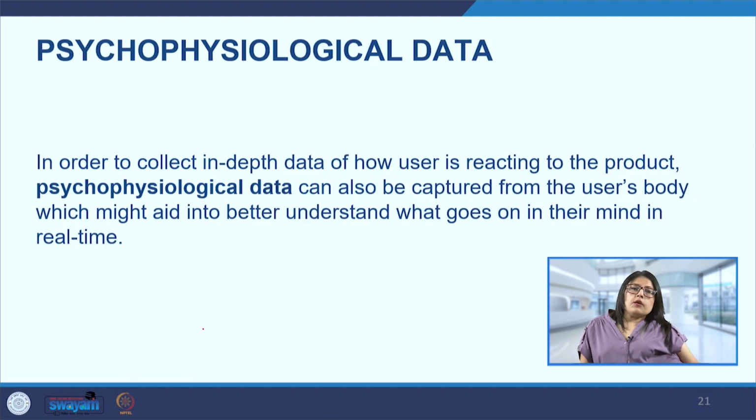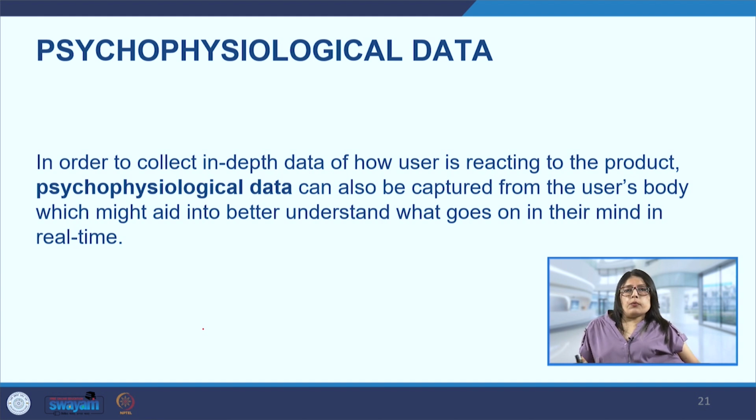So we want to understand how the user is reacting to our application or our prototype. Some of this information can be given to us by the user directly. For example, they can answer with yes or no, or depending on what we are asking them, they can give a qualitative answer on why they dislike or like a particular feature, or what kind of improvement they would want in the particular product.